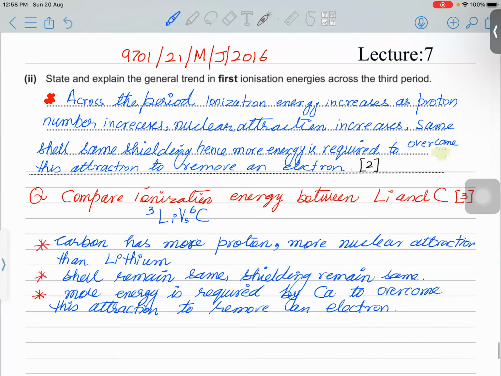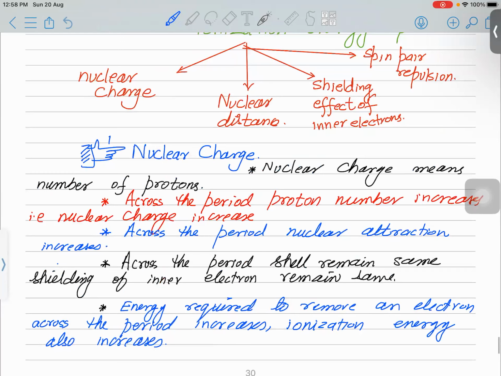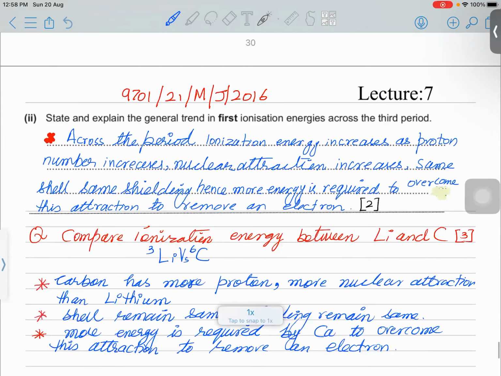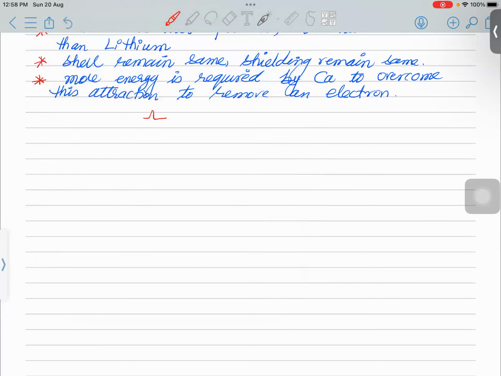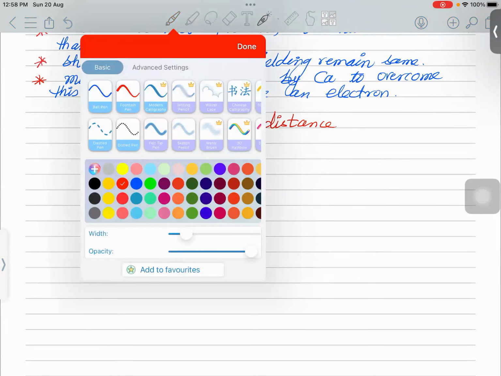Now we have discussed the first factor, nuclear charge. The second factor on which ionization energy depends is nuclear distance. Hamza, do you have any question regarding nuclear attraction? No, I have no questions. Okay, alhamdulillah. Next is nuclear distance. First point,